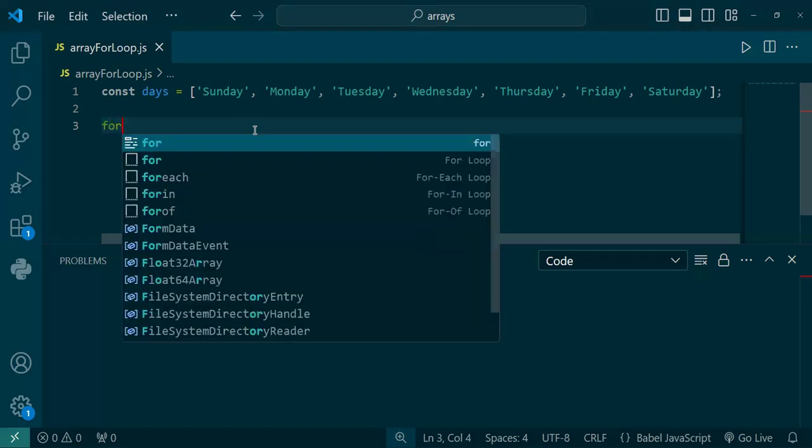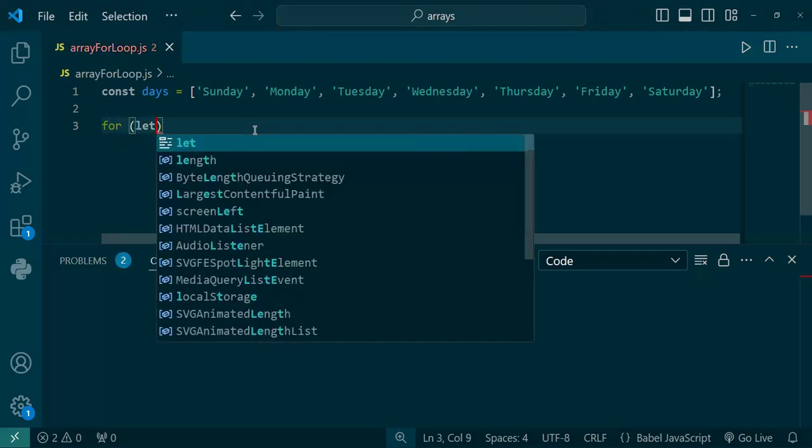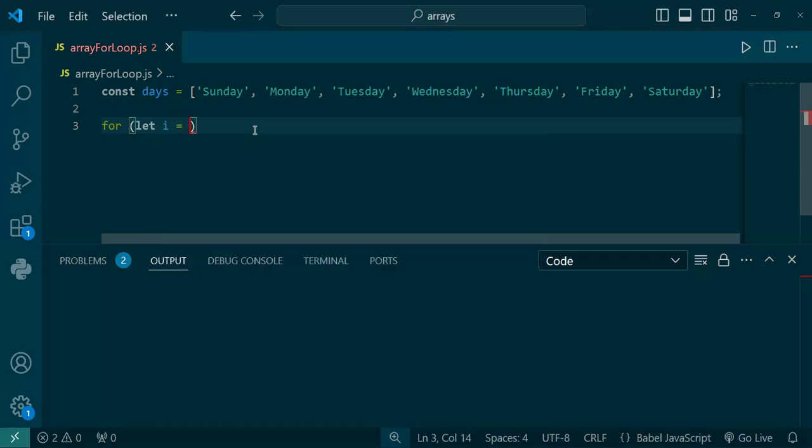Now straight away, let me create a for loop here, and then create my variable. I'll use i this time around, simply because i is a common letter that is used in loops, and i is a short name for iterator. Now I'm going to use this i to represent the indexes that I'm going to use to loop through these arrays. So the first expression is the initialization that says i for index. I'm going to start from index 0, and then I'm going to use my second expression, which is a condition that's going to say, so long as my index is less than the length of the elements in the array,